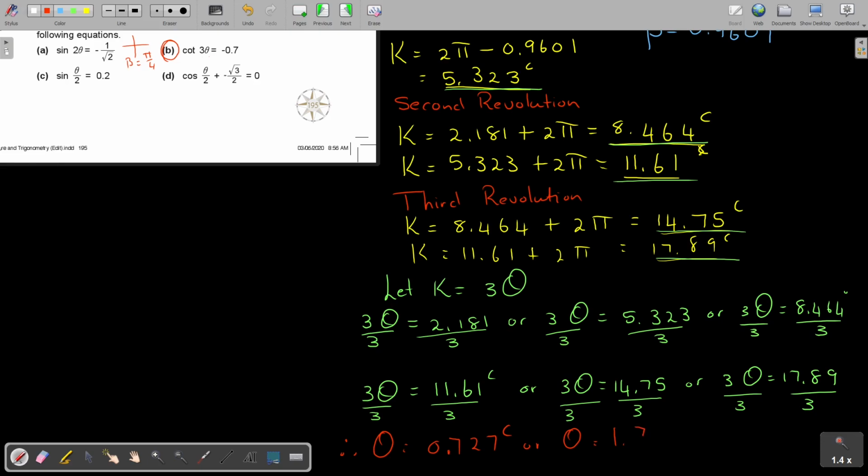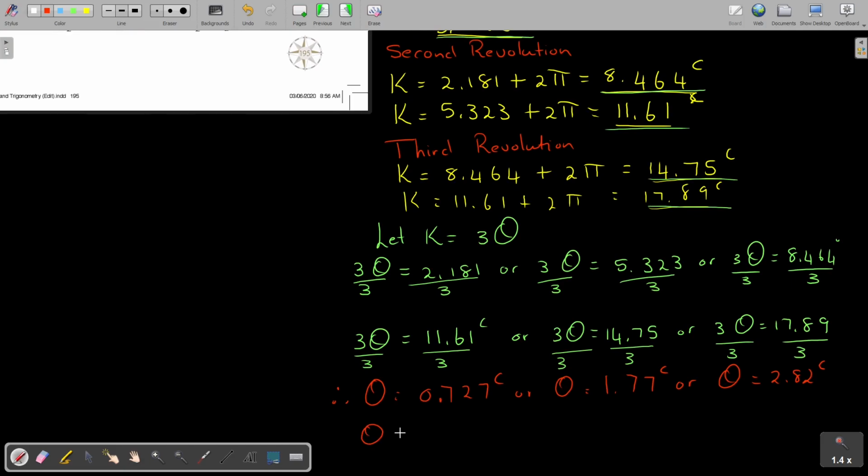1.77, or theta equals 8.464 divide 3 equals 2.82, all in radians. And let's just move up a little bit for that last row. Theta equals 11.61 divide 3 equals 3.87 radians, or theta equals 14.75 divided by 3 equals 4.92,